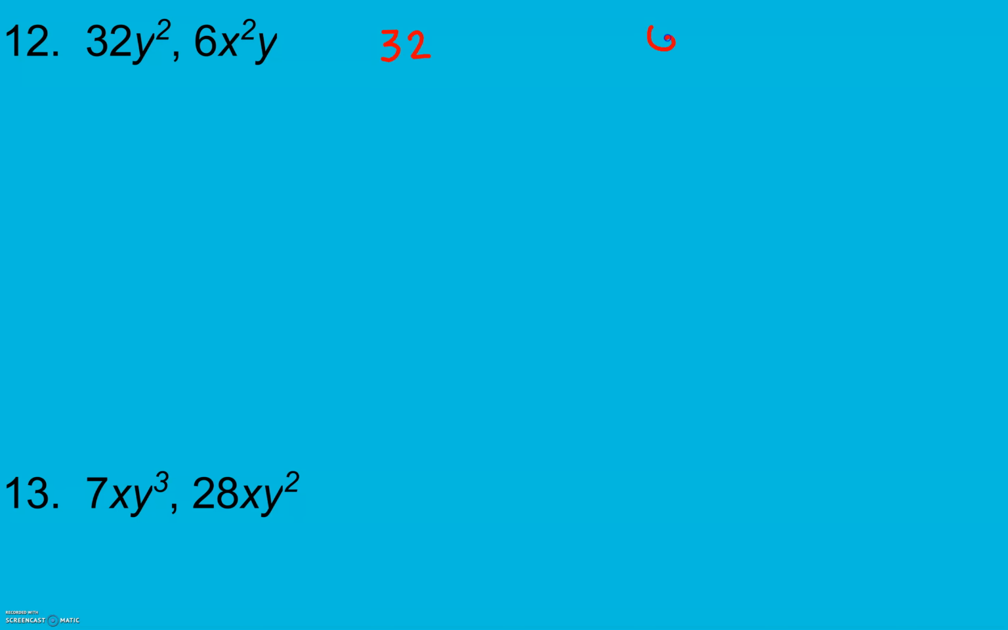32 and 6. First thing we need to do is factor our numbers. Here I get 4 times 8 and 2 times 3. 4 is 2 times 2. 8 is 2 times 4. 2 is prime, and 3 is prime. 2 is prime, 2 is prime, 2 is prime, 4 is 2 times 2. And those last branches are prime now. So when I list factored form,